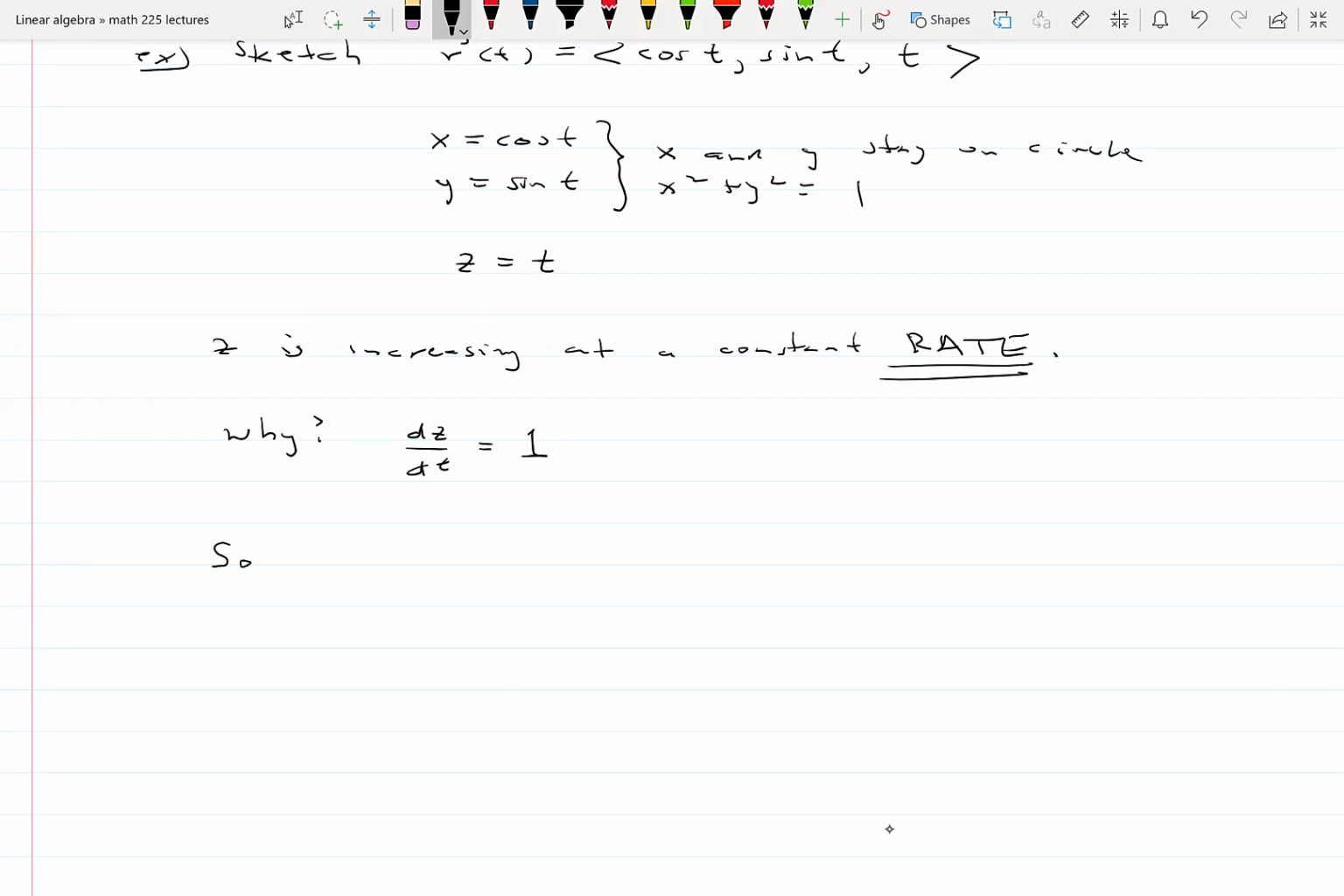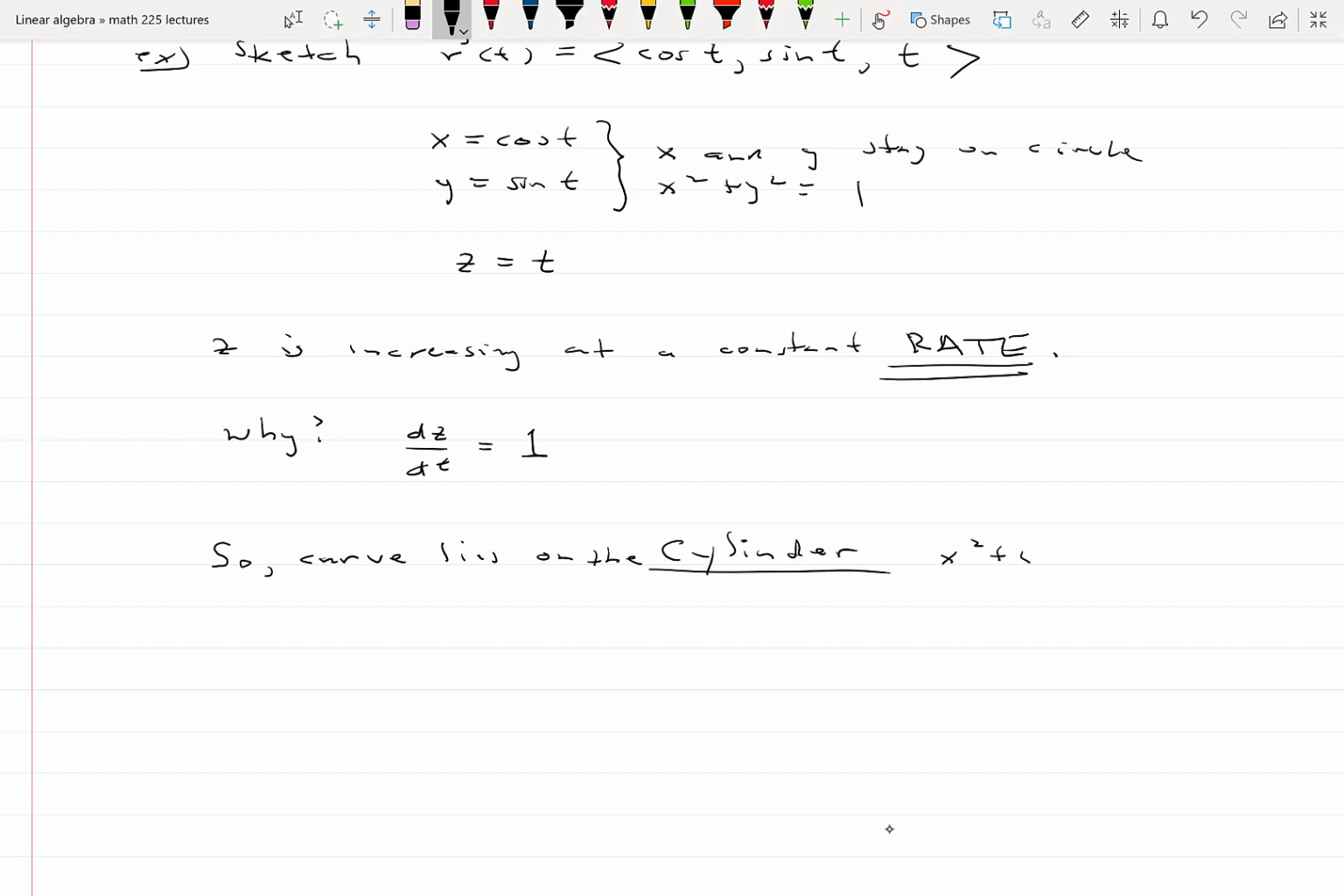So the curve itself, the whole curve, not just the x and y, lies on a what? Lies on a three-dimensional what? The x and y stay on a circle, but the z-values increase. The curve lies on a cylinder. In fact, it lies on, I'm going to take off the word a and put in the word the,